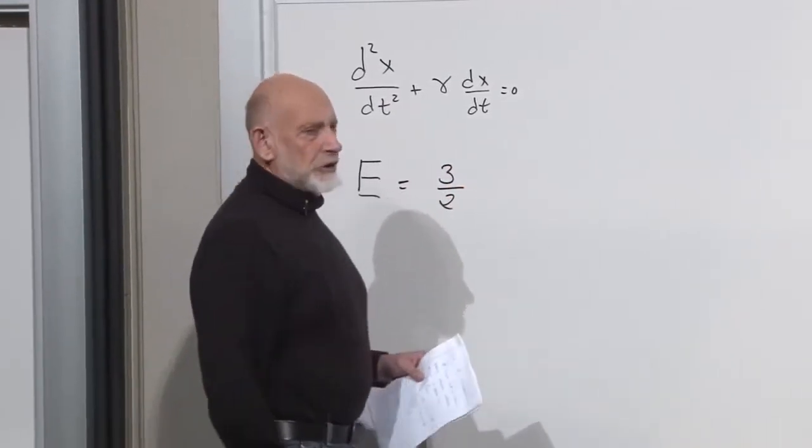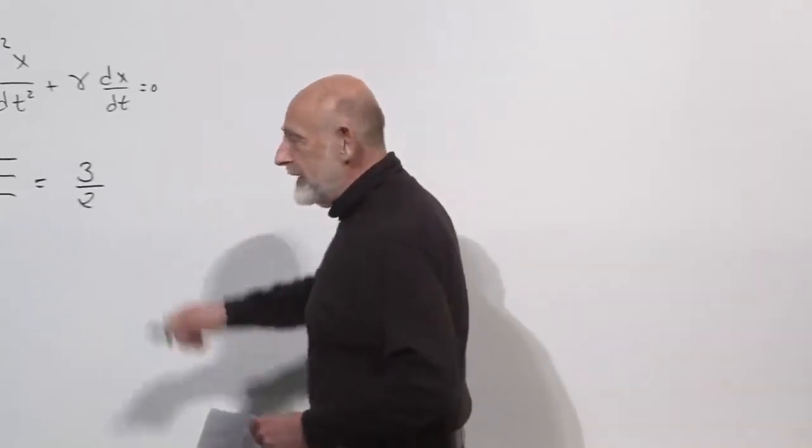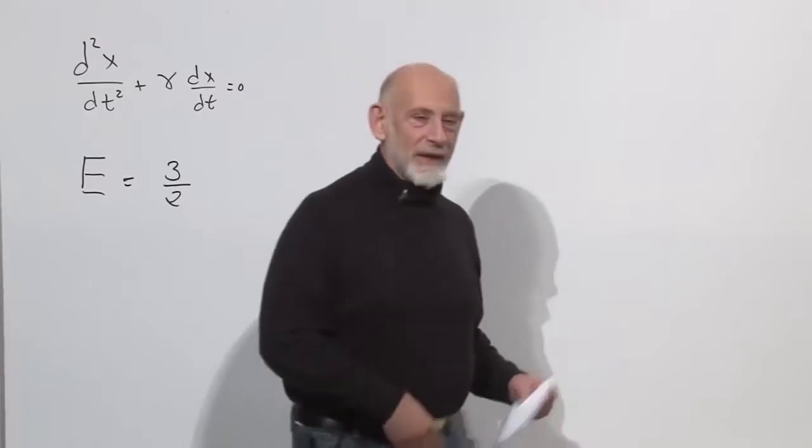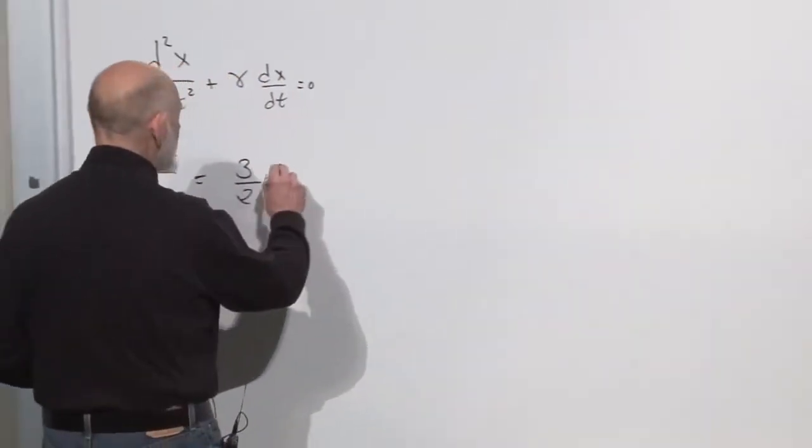Now, the 3 is easy to understand. What does it have to do with? The dimension of space, right. It has a kinetic energy for moving along the x-axis, a kinetic energy for moving along the y-axis, and a kinetic energy for moving along the z-axis, so there's a factor of 3, and the half, well, that's just a glitch of definition. All right, so 3/2, the Boltzmann constant